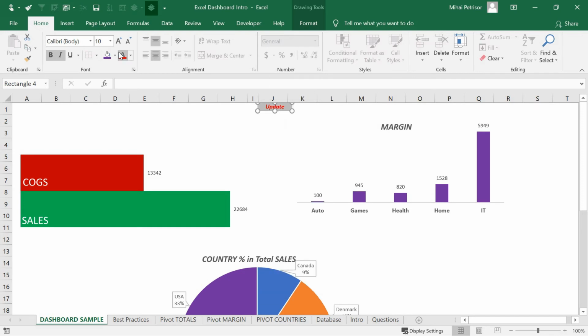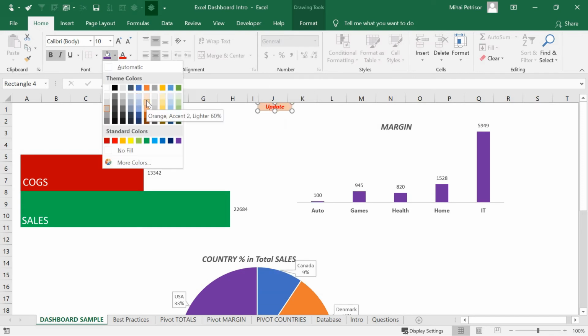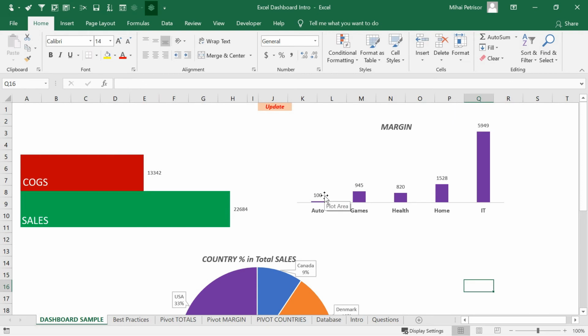That's why it's very important to use colors that can be